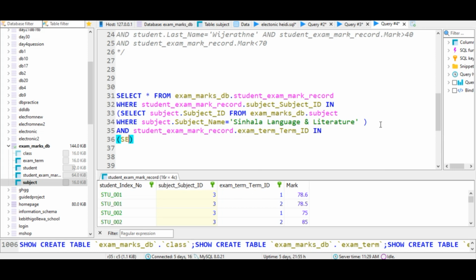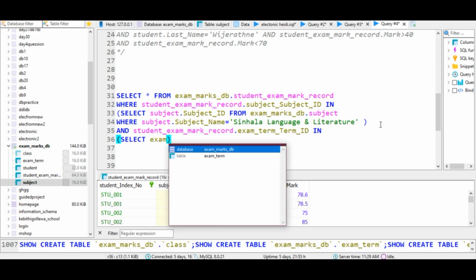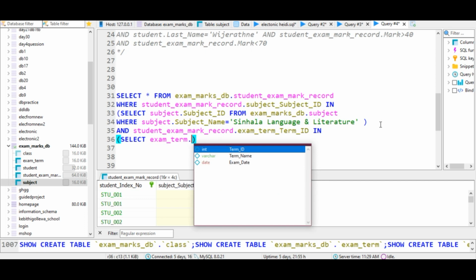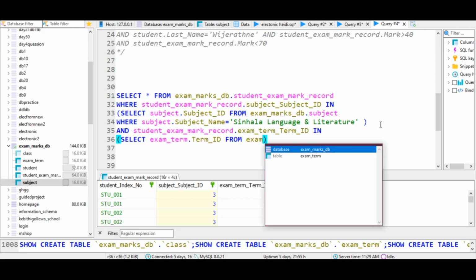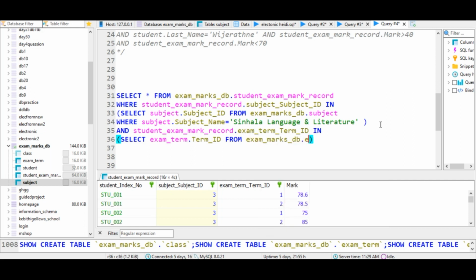So I'm going to select the subquery. The subquery will be written from the exam term table. So the exam term table's term id is what I'm looking for, and it's from the exam mark db's exam term table,